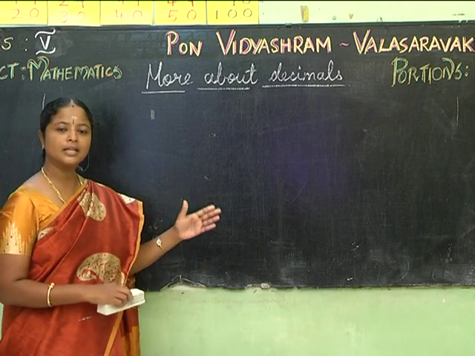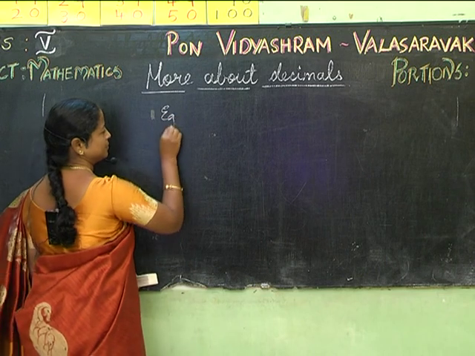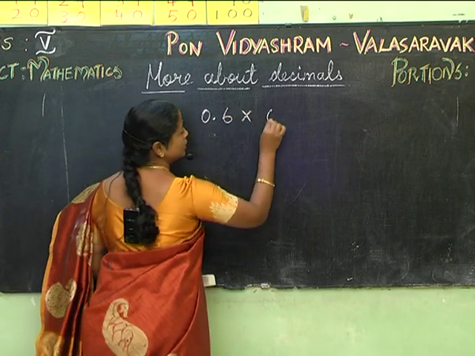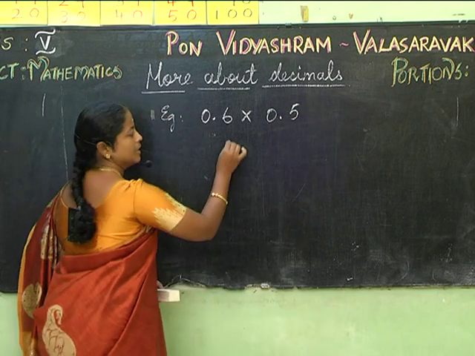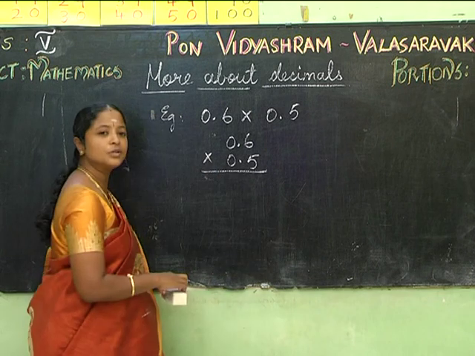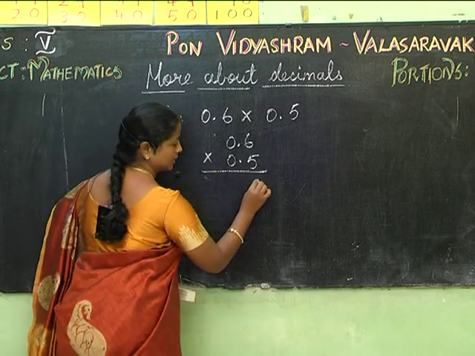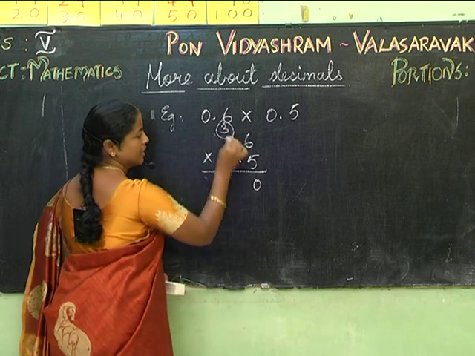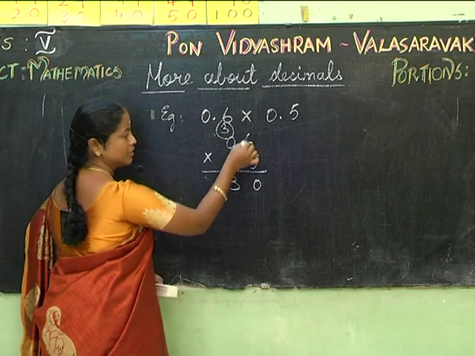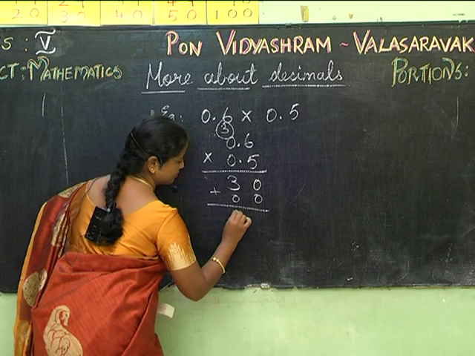If I am going to multiply a decimal number with a decimal number, example, 0.6 into 0.5. 0.6 into 0.5, we do it as normal multiplication. 5 6s are 30, 0, 3. 5 zeros are 0 plus 3, 3. Now any number into 0, it's going to be 0. The answer is,